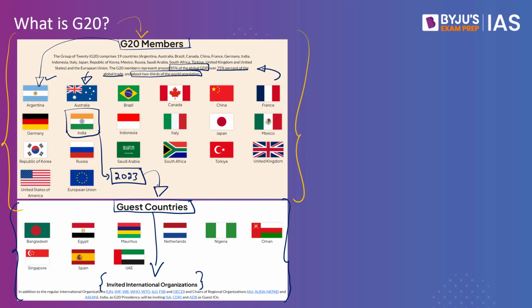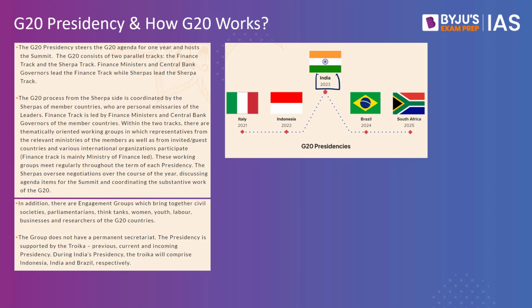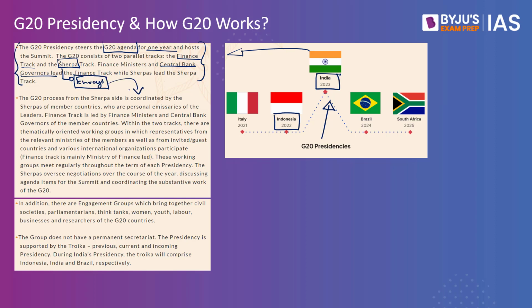So India is all set to take over the G20 presidency from Indonesia, and this gives India the opportunity to set the agenda for G20 for the next 1 year, along with hosting key summits that will bring together the finance ministers of the members, the central bank governors, and the respective Sherpas or envoys who represent each country while leading these negotiations at the G20.